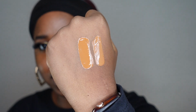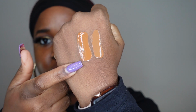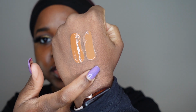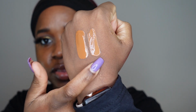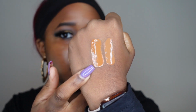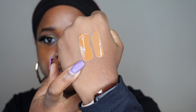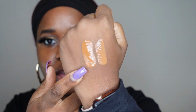Okay, so it's a bit more liquidy than I expected. Kind of feel like I should have got Macao, but this is Marquises in the light reflecting, and this is Marquises in the soft matte. So this one's a lot closer to my skin tone, I feel like. But I think this is going to work out okay. It's just a little bit on the warm side for me, but I think...